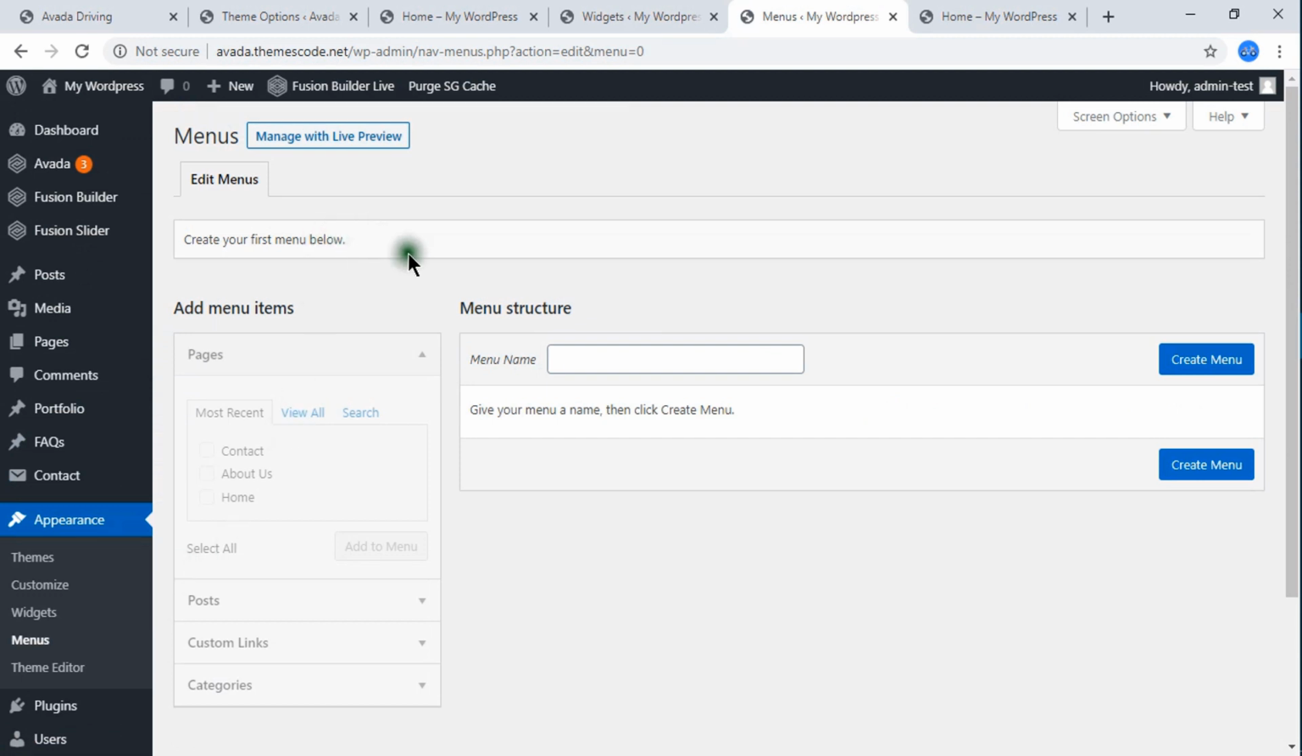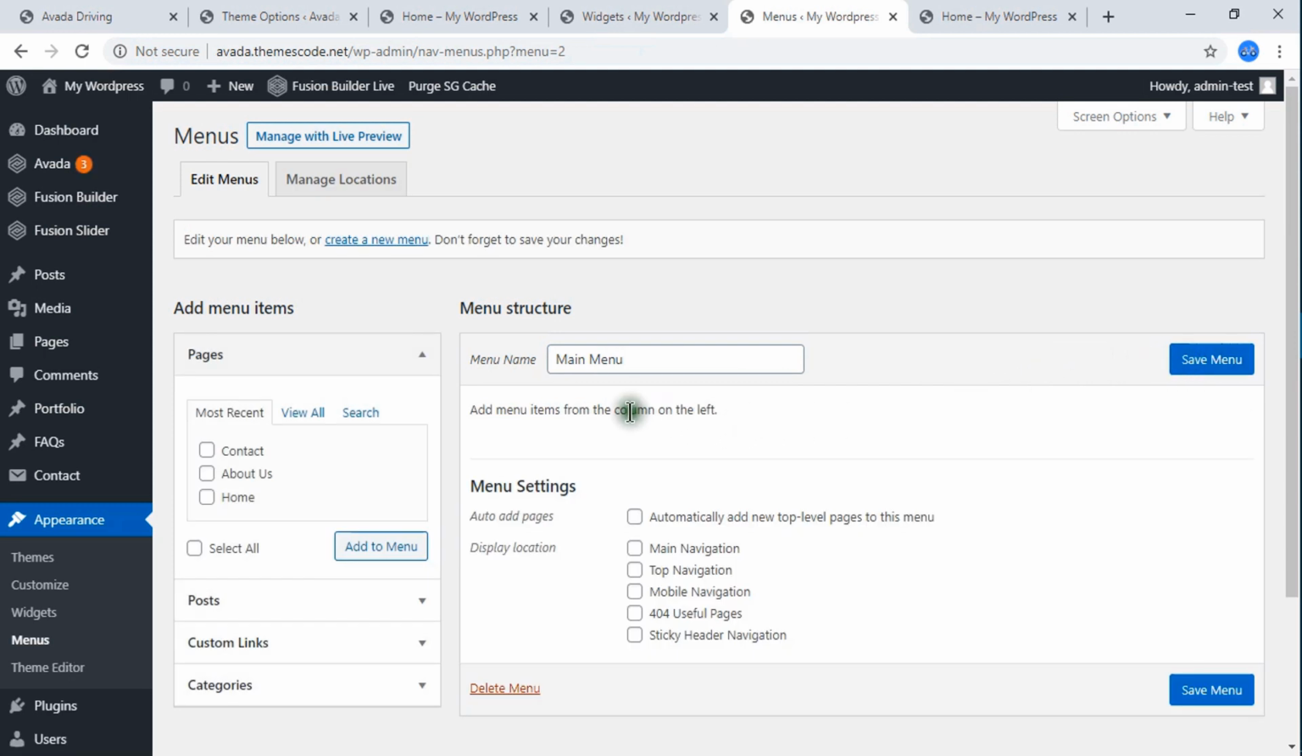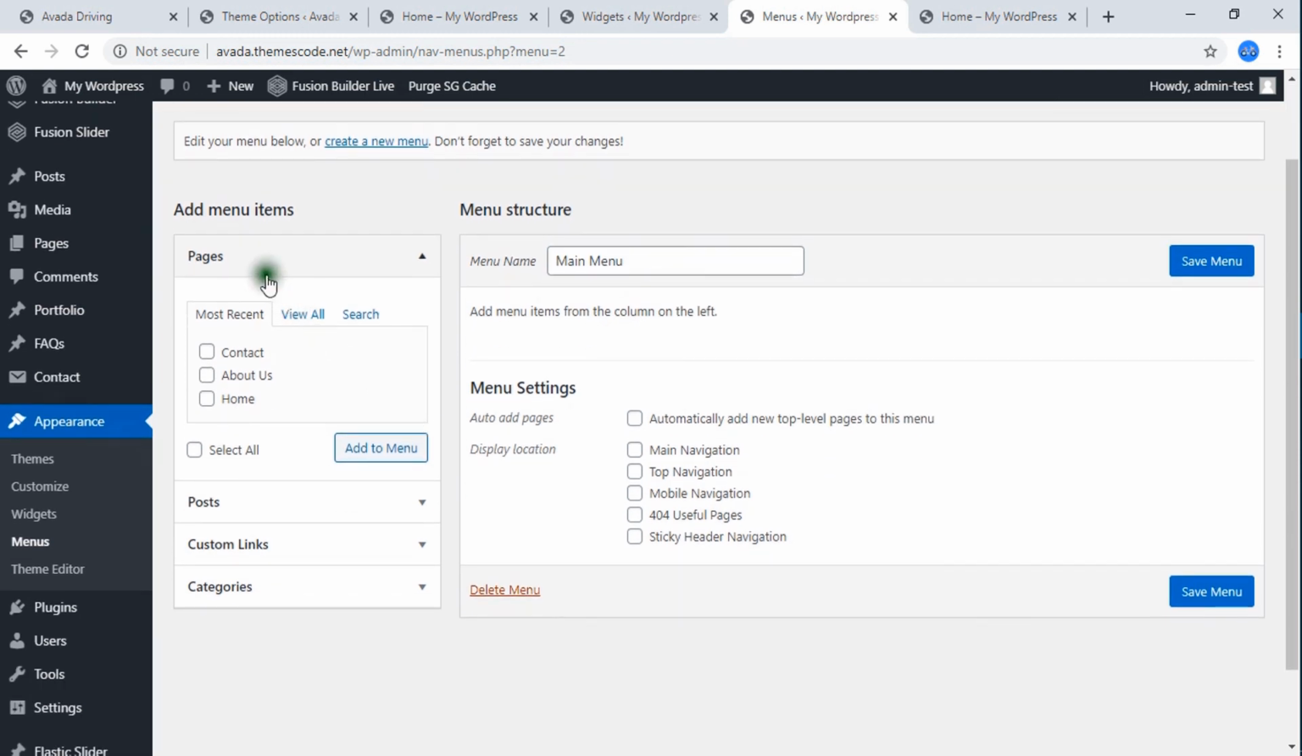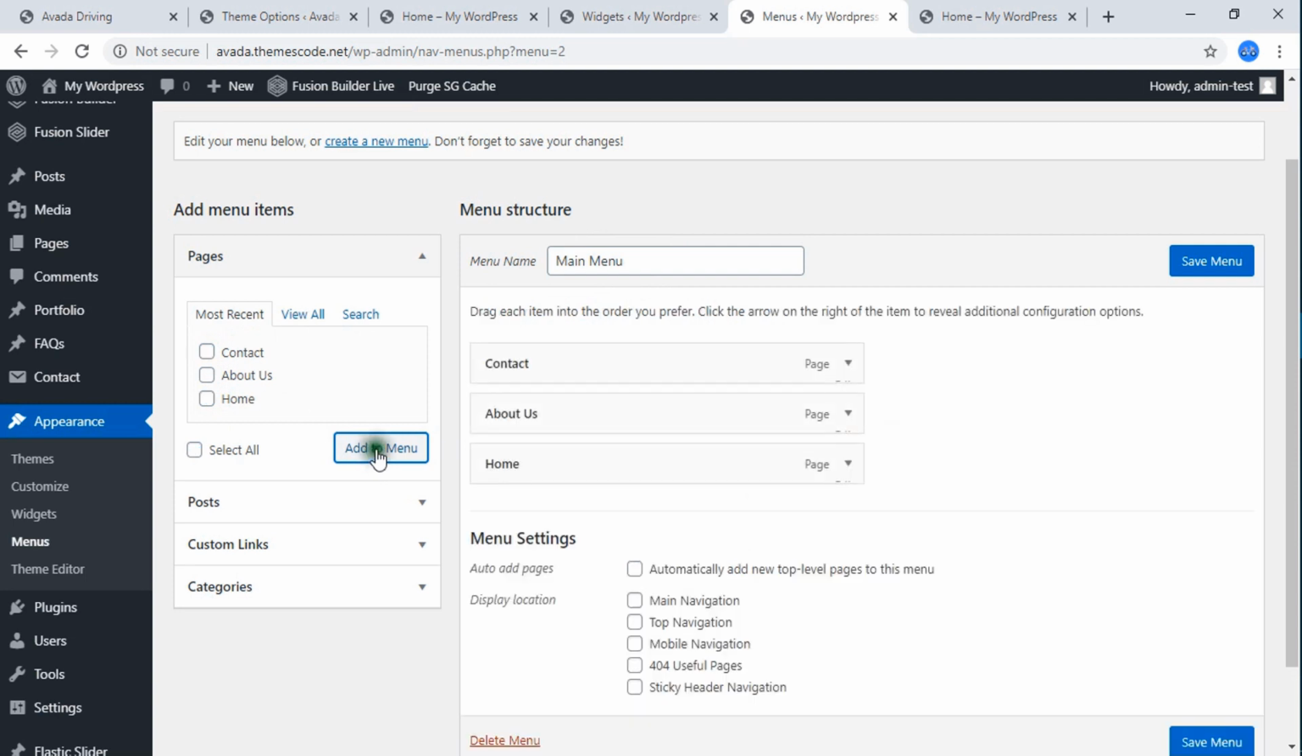Firstly, you will have to create a menu. Here, menu name. So I'm going to name it main menu. Just click here, create menu, and you will have to add items to the menu. What can be the items? The page, post, custom links, categories. These are the items that you can add to the main menu or any kind of menu. Just I'm going to select and click add to menu, hit save menu,